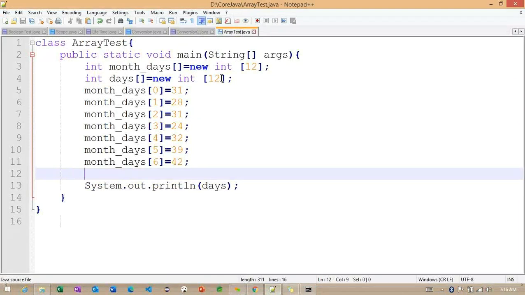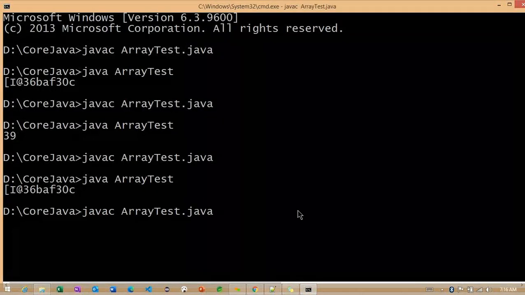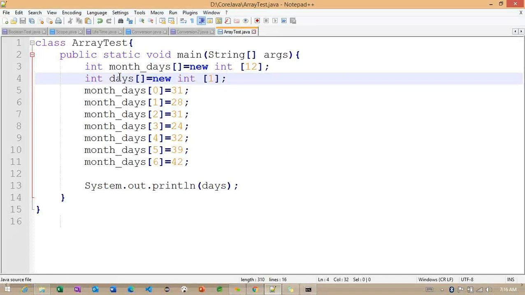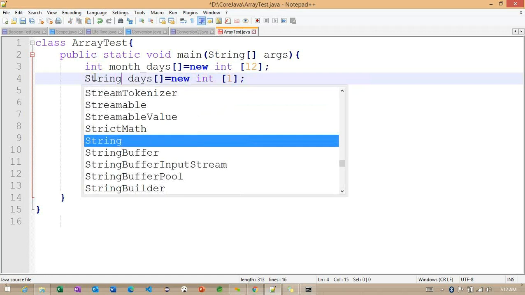Let me check here. Yeah, it's the same. Is it auto saving? No, I'm saving. Okay, fine. Let me try.